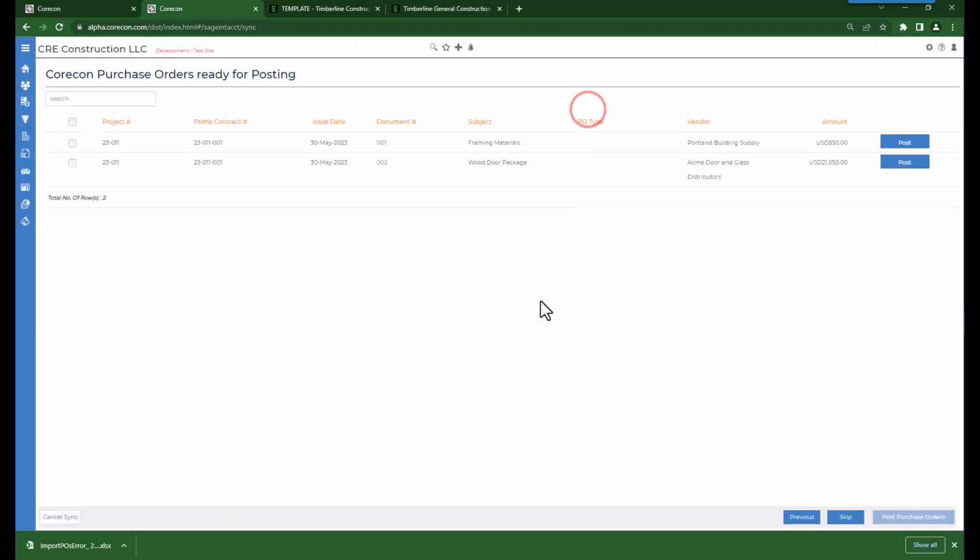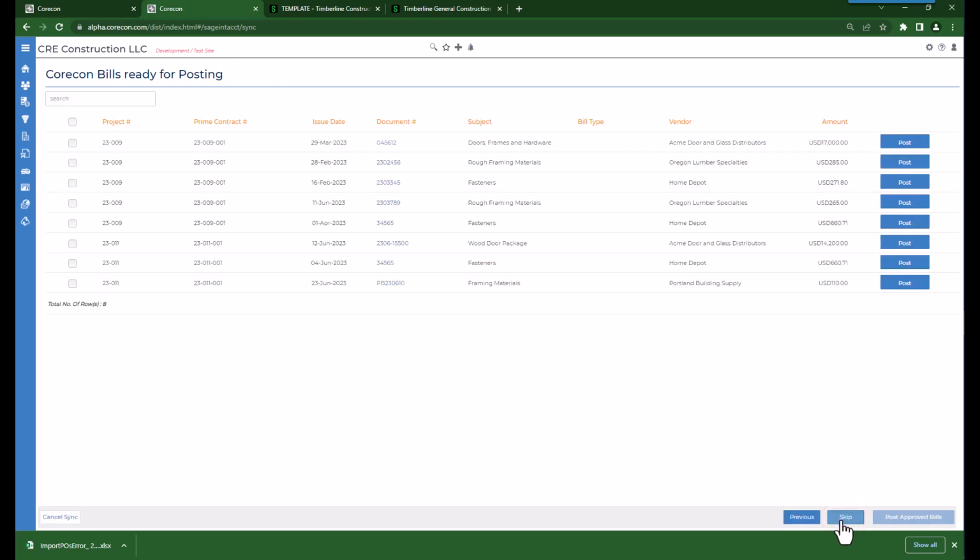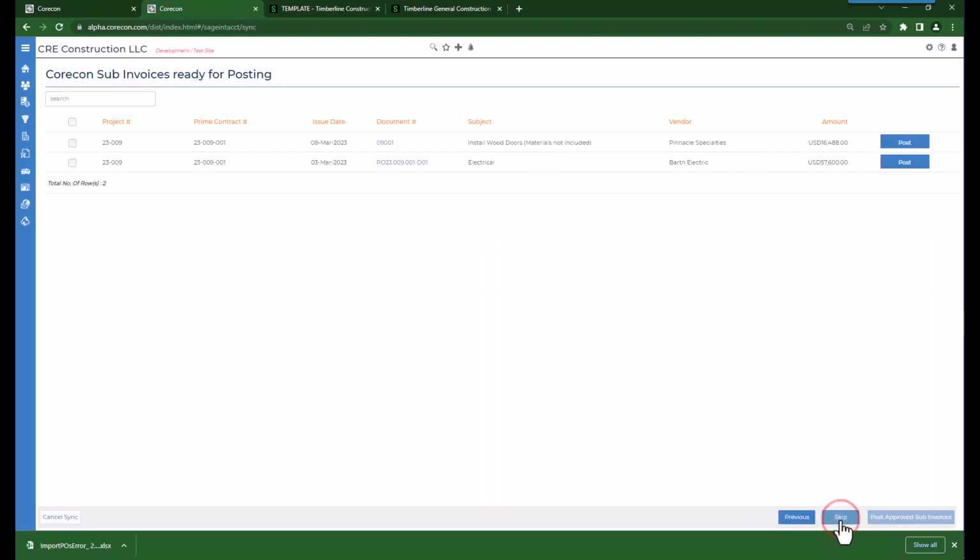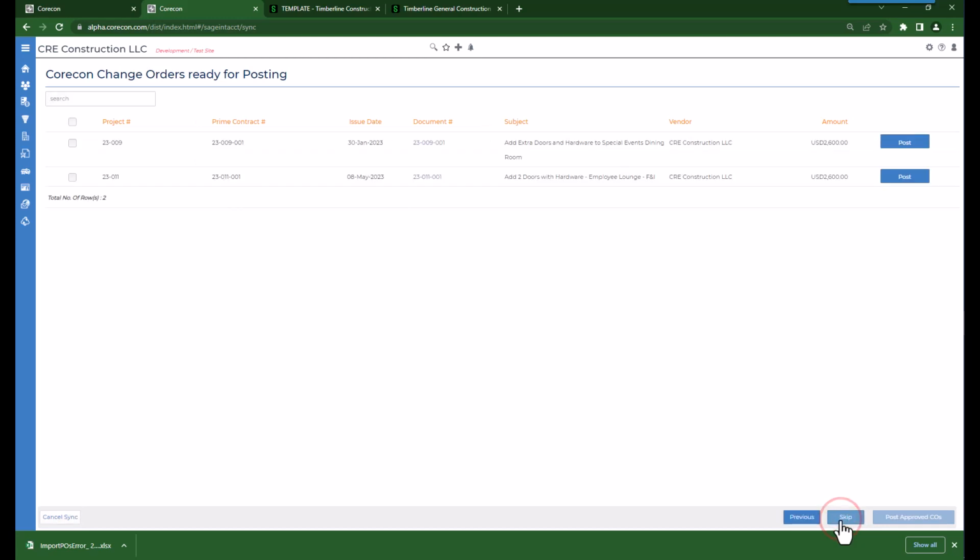And click close. Now we're going to skip over the procurement records and transactions for the time being. We'll come back to those and run this process again. So we're going to skip the purchase orders. We'll skip subcontracts. We'll skip the bills and the sub-invoices. We want to post the prime contract change order